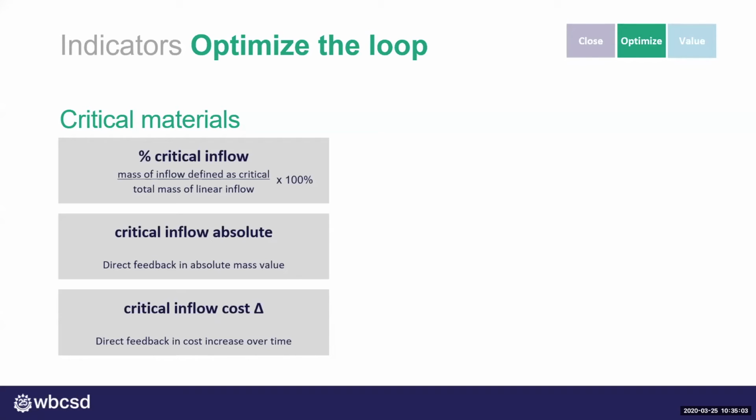The reason for looking into these materials is because the closed loop is weight-based. This means that the indicator steers to closing the heaviest loops first. However, there might be other reasons to prioritize certain flows, and one of those is the criticality, as these might have a higher impact on the linear risk that a company is facing. Given that the relative amount of this material can be quite low, even if economic and business impact is high, we both measure the percentage as well as the absolute amounts and the costs.